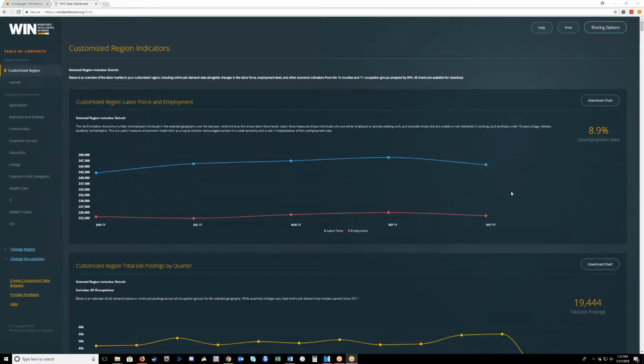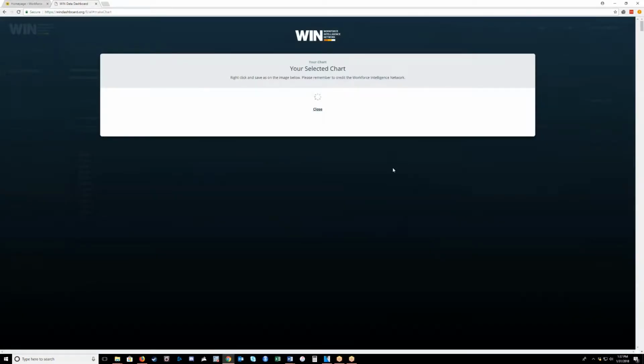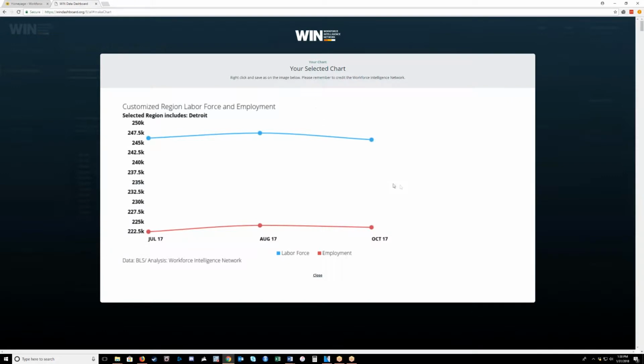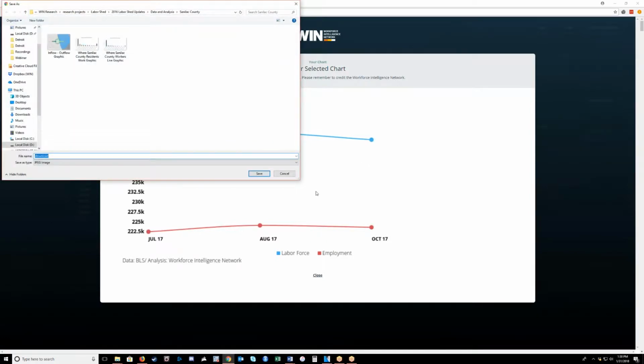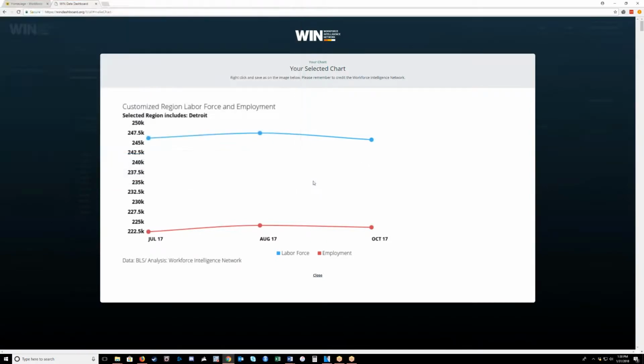Let's assume that this graph shows valuable information you may want to talk about in a presentation or maybe on a report. The data dashboard has the functionality to pull this graphic right from the report for you to use. We can click on this download chart button to open up a callout, allowing us to download the chart. Here we can see some of the data from the chart. We have two options in saving this chart. We can save the image as a JPEG for us to use later on, or copy the image and paste it into a Microsoft Word document.